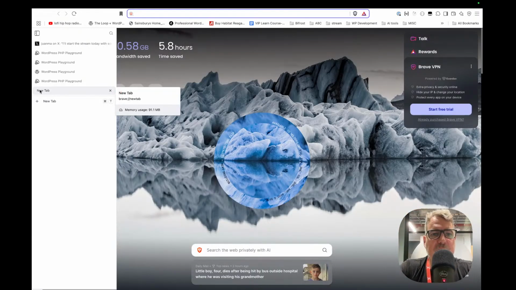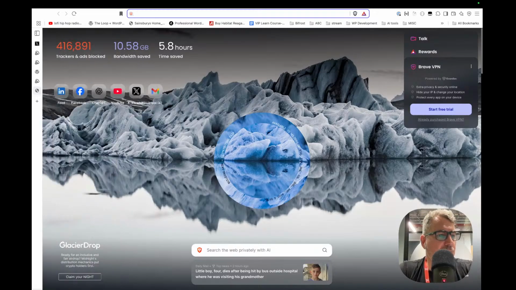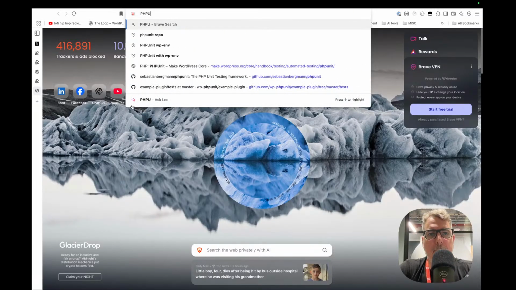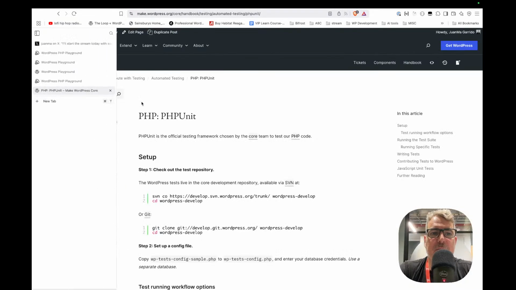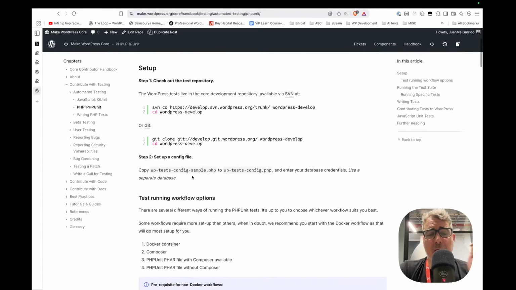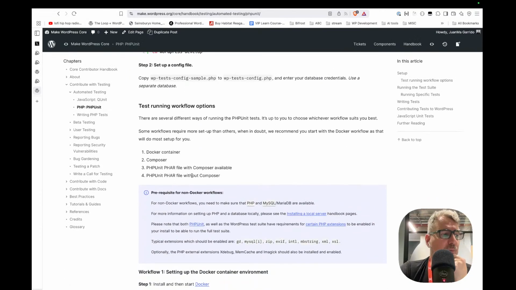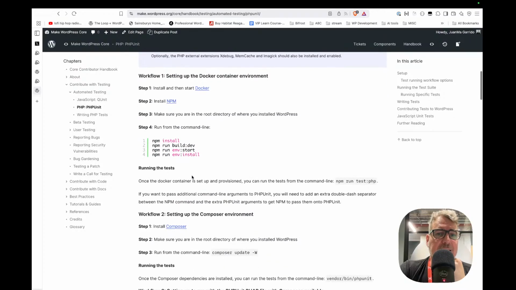There is no specific agenda. I only have some ideas that I want to comment, so feel free to suggest things. So if we have this automated testing PHPUnit, which is the official documentation,